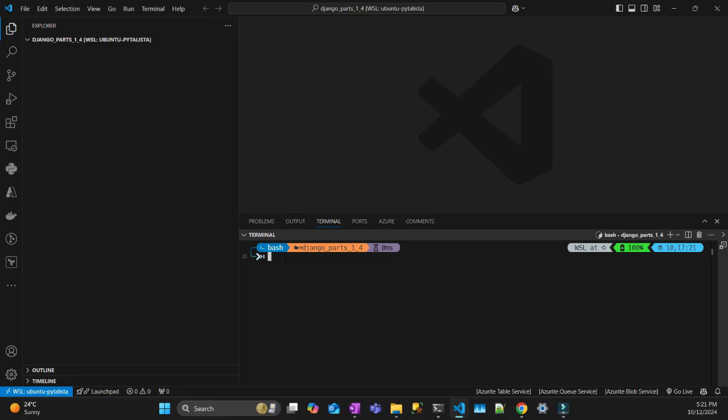Okay, I'm now here in VS Code. I'm going to create a Python virtual environment, and I'm also assuming that you have Python installed on this WSL, and I also teach how to do it. I'll put the link in the description. So for creating a virtual environment,